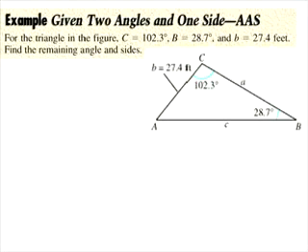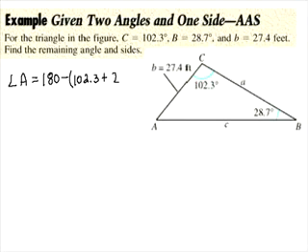For this triangle, angle C equals 102.3 degrees, angle B equals 28.7 degrees, and side b equals 27.4 feet. We need to find the remaining angles and sides. So because we know the 2 angles, we can begin by finding the third angle. Remember that the 3 angles of a triangle always must add up to 180 degrees. So angle A will have to equal 180 minus